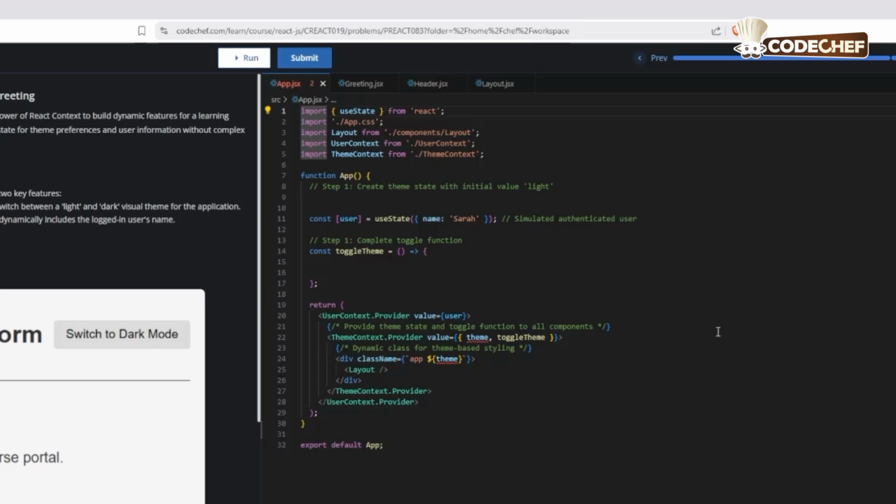Earlier, our context value looked like this, a simple object with user information. Now, our context value will look like this, the current theme and a function that updates the theme. This is an important concept: context is not limited to data, it can also share functions that update the data. In the previous code, app.jsx created the data, UserContext.Provider made it available, and a deeply nested component consumed it